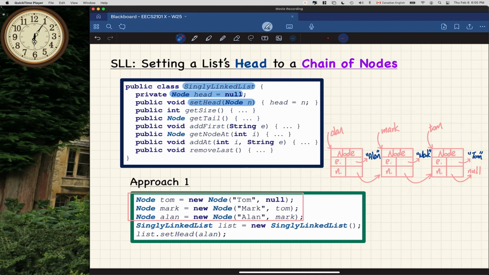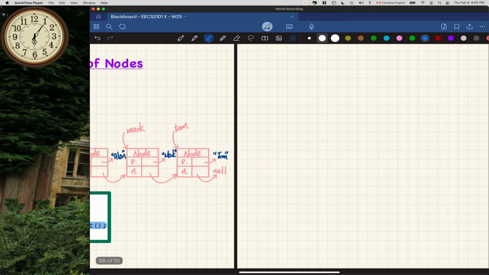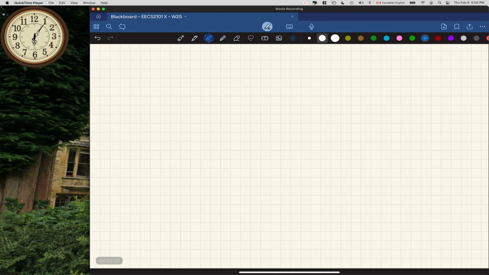Then we are going to create an empty simply linked list. And when I say empty, I want to clarify something right away. There is a critical difference between an empty list and a null list. They are very different. I'll put it right here. So when I say an empty simply linked list,